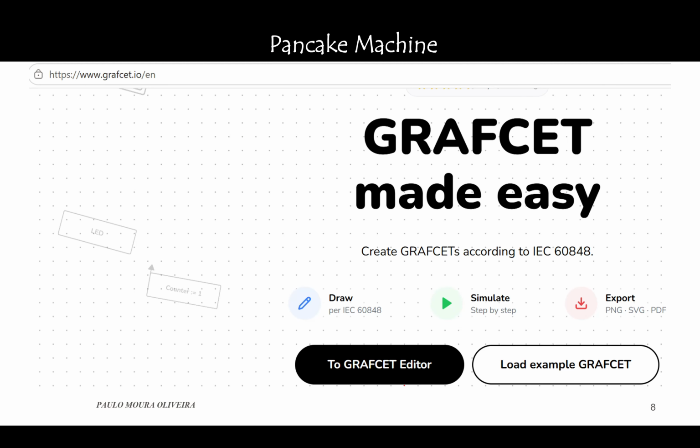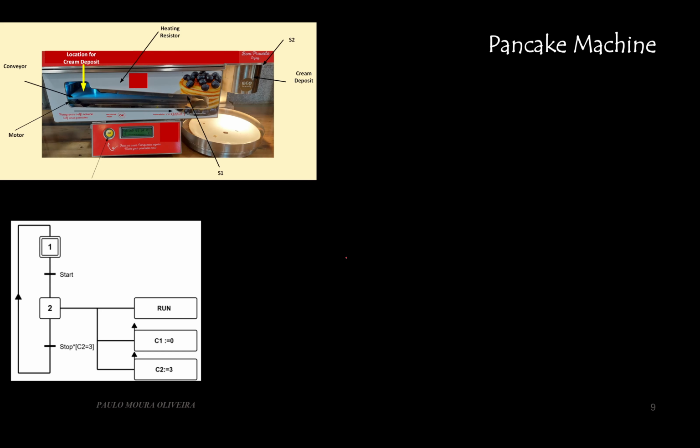I'm also going to use Grafcet IO, which you can find in this link. It's quite an interesting tool, which has an editor and also a simulator. So in this case, I implemented the Grafcet using partial Grafcets. The first one, G1, is this one. This is the initial step, and when the start button is pressed, then we activate this step, which is